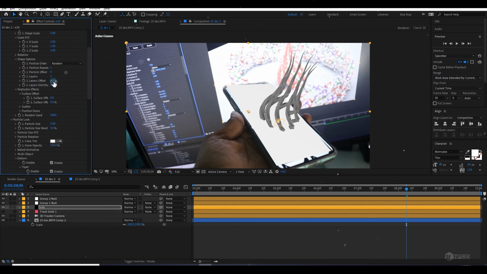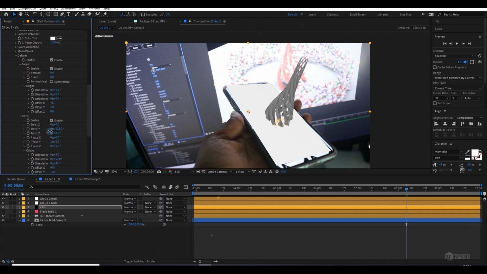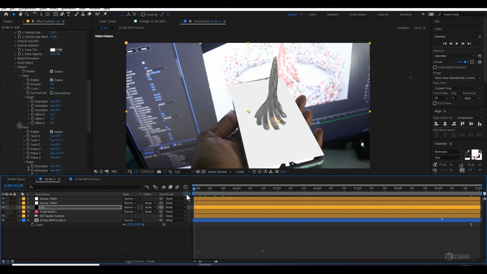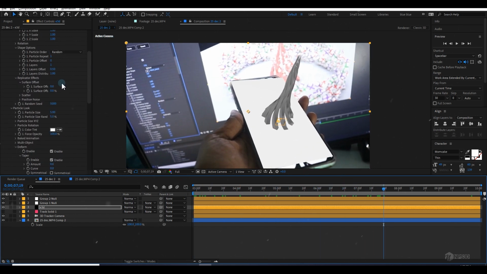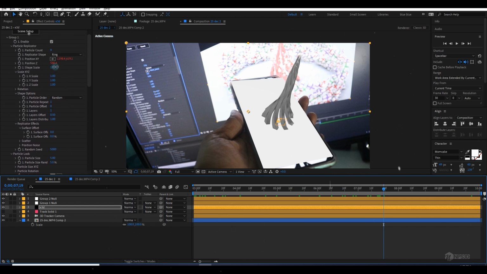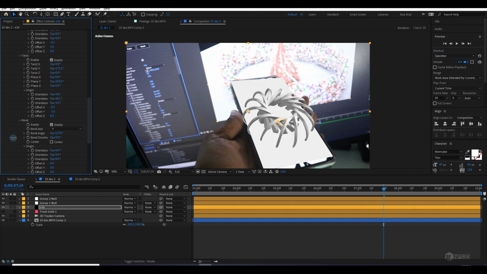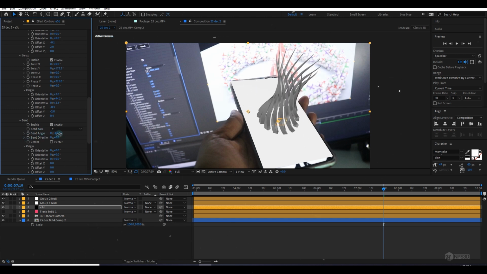I can bring this shape scale value down to something like this, bring this twist value down to something like this, and I can experiment a little bit. Right, so this is pretty similar to what I created. Let's make the scale a little bit bigger and let's increase the amount of lines. You can see the possibilities are very many which you can play with and do.